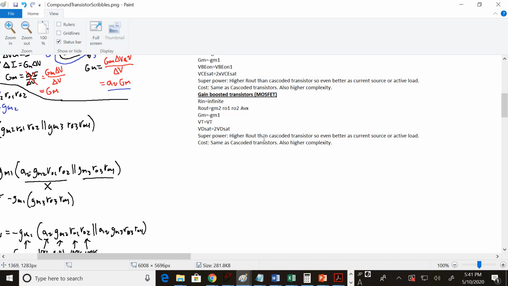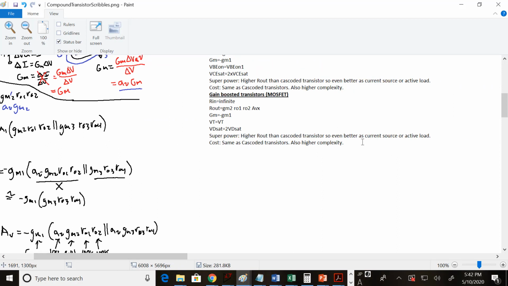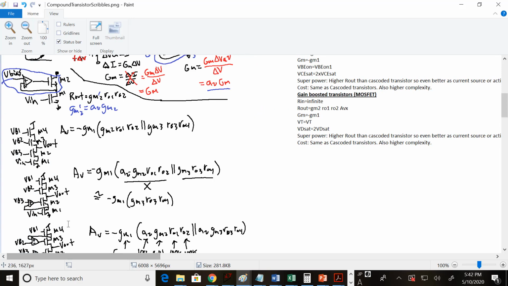And remember, gain is GM times R out. The GM of the circuit doesn't change, but the R out increases by whatever the gain is of this amplifier. So that high R out can be even a better current source, or it can be an active load. And the cost is the same as cascoded. It's got those two VD sats, and it is a little bit complicated, but I have this drawn